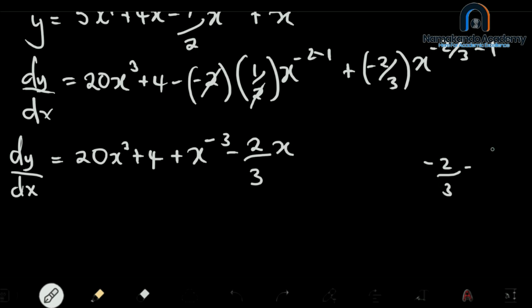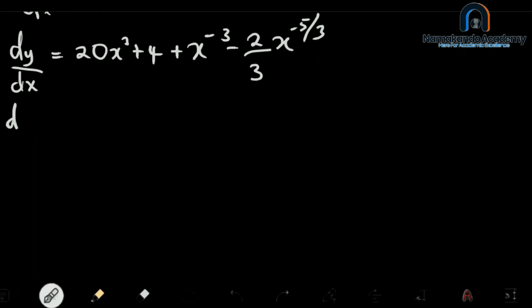Now this negative 2 over 3, we'll say minus. This one which we have here is the same as 3 over 3. Upon simplifying this, our denominator is definitely 3. Negative 2 minus 3 will become negative 5 over 3. So here our exponent is negative 5 over 3. We can simply clear this part here. Okay, we continue. So we will have our dy dx